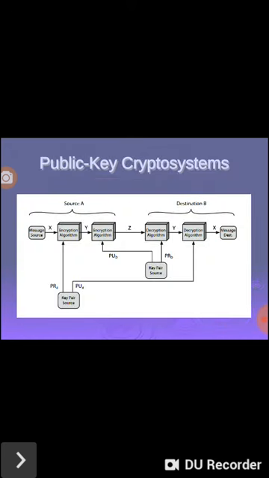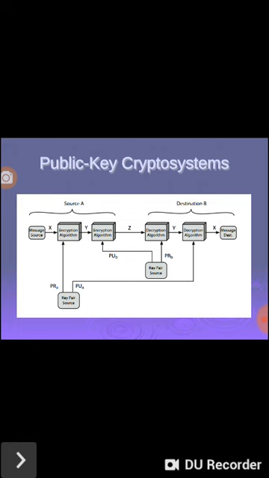So this is the public key crypto system. So what is the public key crypto system here? Before seeing that, we have seen what public key cryptography is and how it is implemented. Here we can see that we have source A and source B. Source A wants to communicate with destination B. We have the original message, and both ways we can encrypt the message and again decrypt the message here.